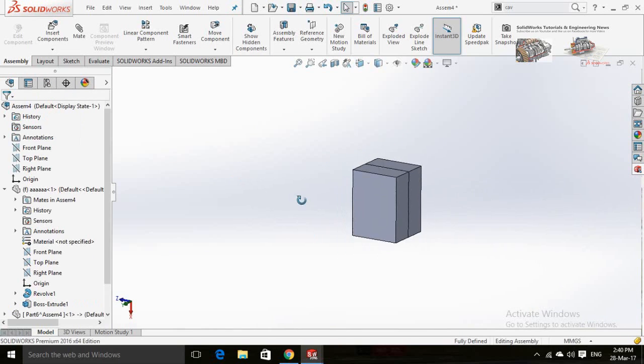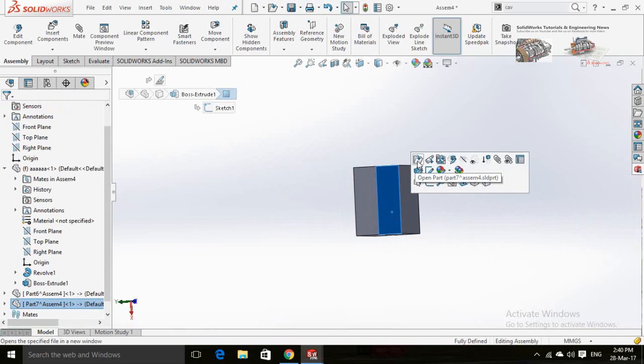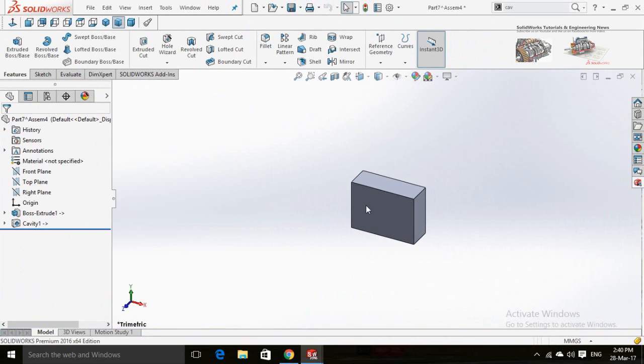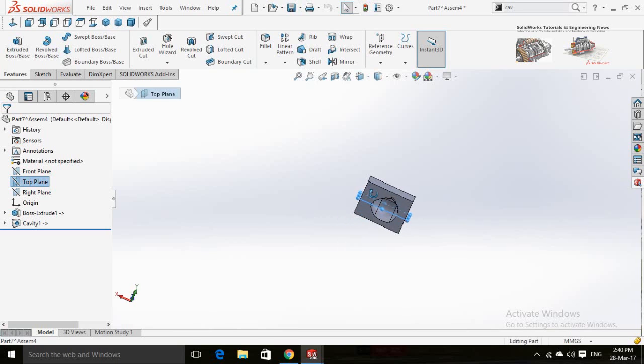If you want to add a hole in the mold for pouring metal, click on any one of the mold parts and open it in a new window. Sketch on top plane as it is in the middle of the part.